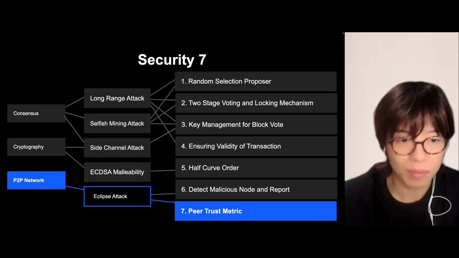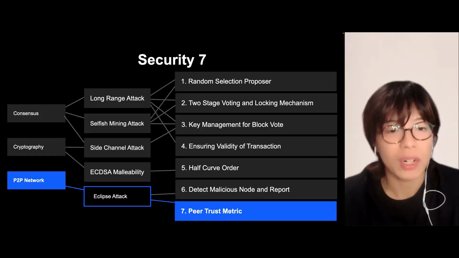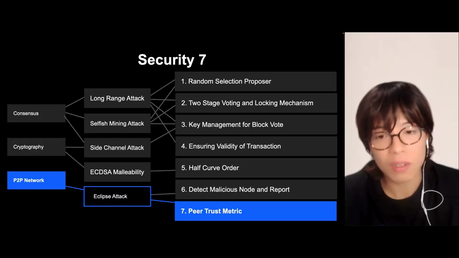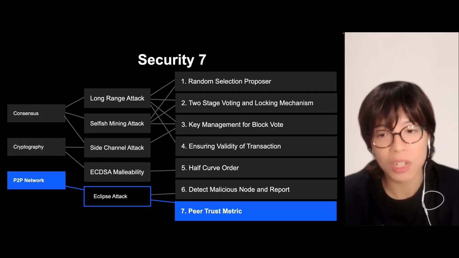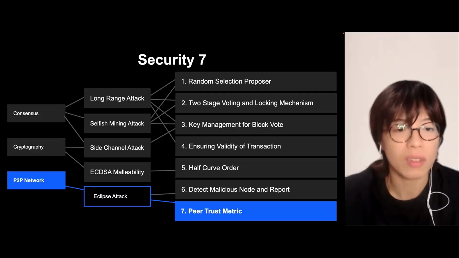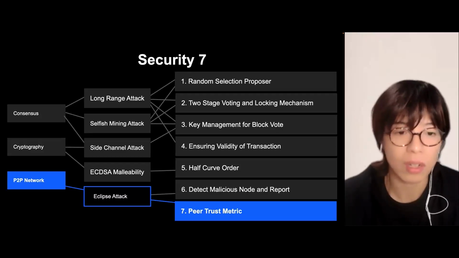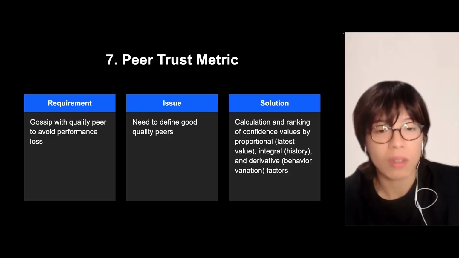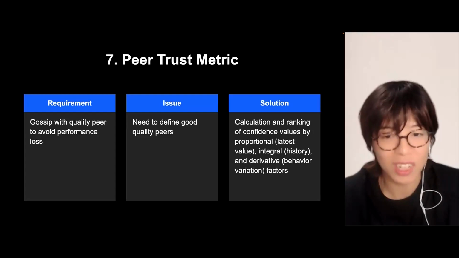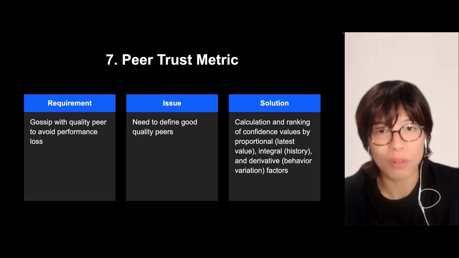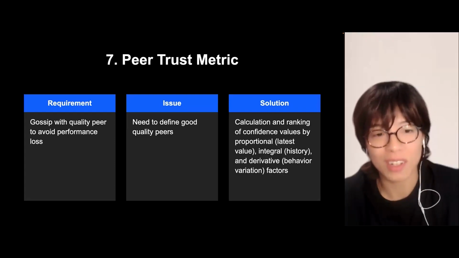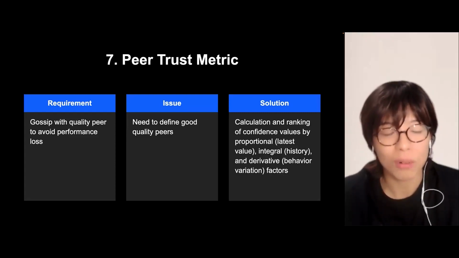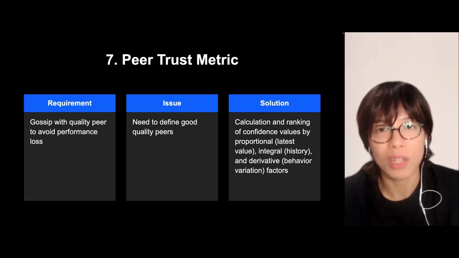The seventh is the last security measure. In the last section, I reported how the rogue node will be reported. In this section, by using retrieved data, we will establish trust for the node so that better quality peers will be selected for connection. Peer-to-peer gossiping will be done for the data. In that case, there could be a breakage of the data, and some peers may try malicious revision. If this happens, it leads to total damage to the system. So there should be a connection linked to good quality peers.